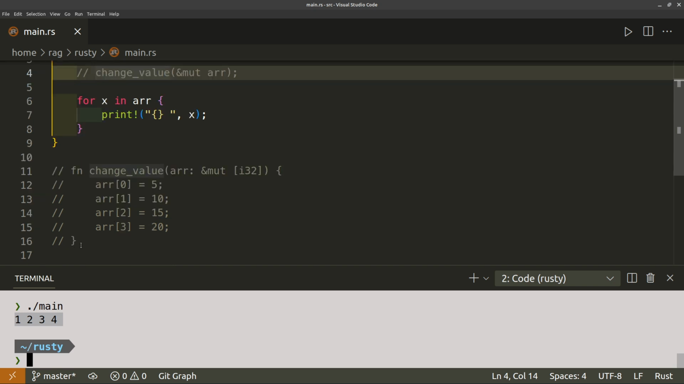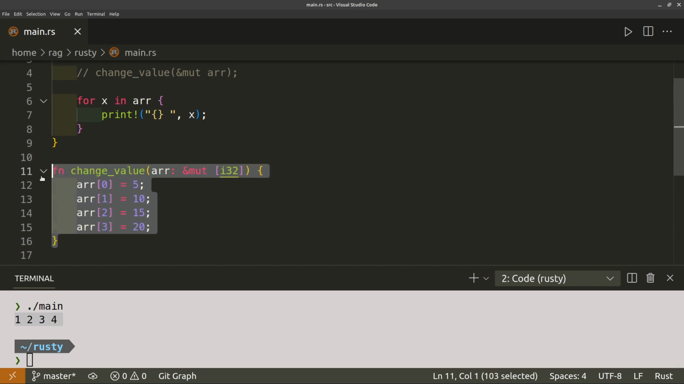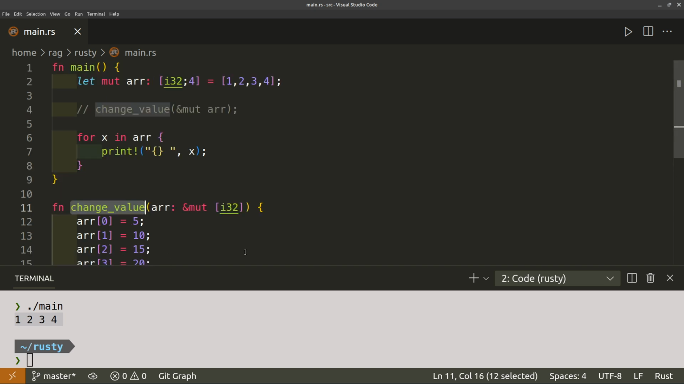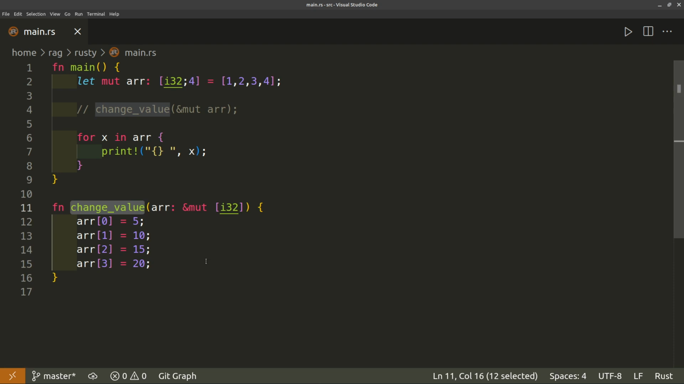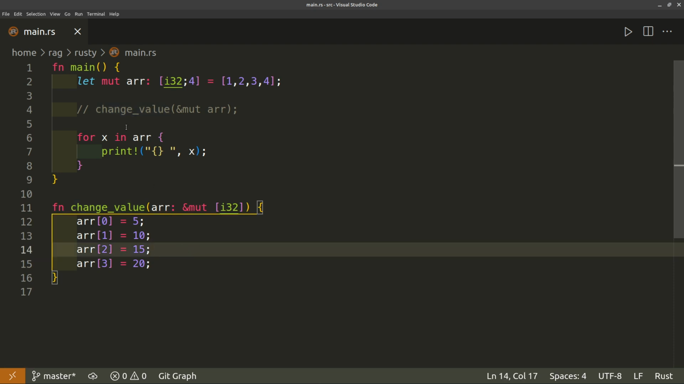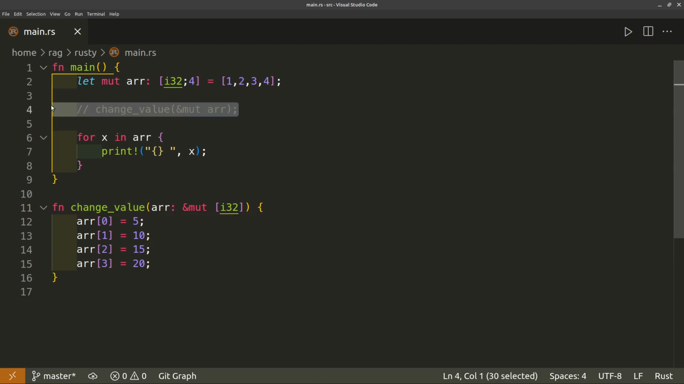So let's actually write a function and comment the function, which is called change value. Now change value takes those values and basically it just sets the first element to 5, second to 10, and you get the idea. The one thing to remember though is when you are creating the function, unlike when you actually use it, which would be on line 4,